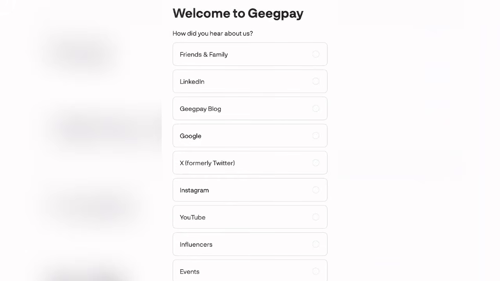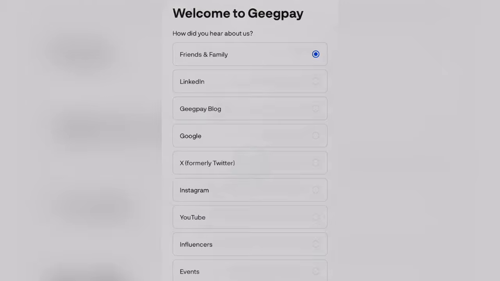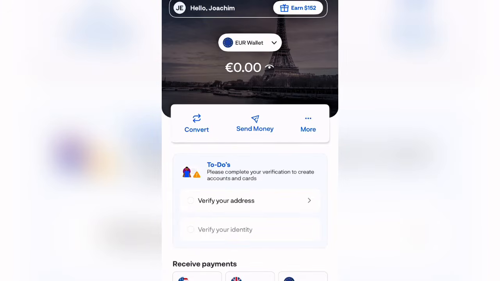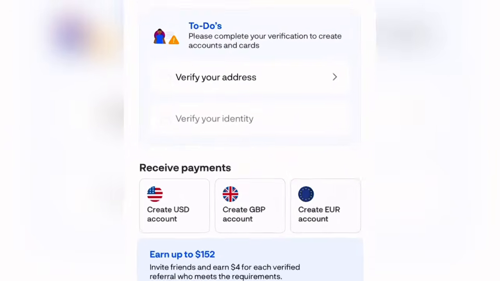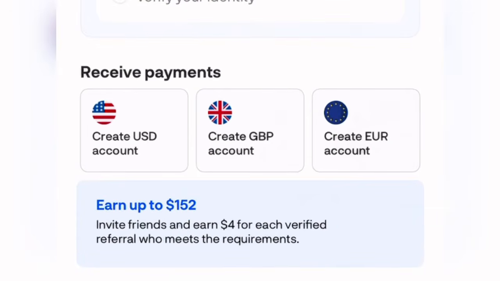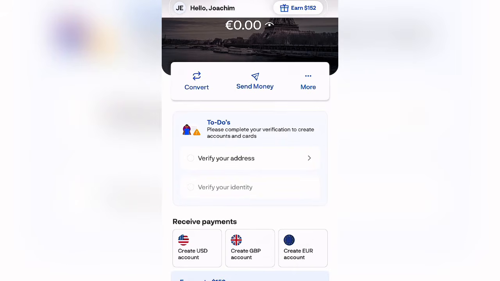Now they ask, how did you hear about us? You can just go ahead and click on friends and family or anyone, then click on continue. This does not actually matter a lot. Now, when you create your account, this is how the interface is going to look. You can receive funds in dollars, pounds, and euros. So what you want to do right now is create your accounts for your dollar, your pounds, and your euro account,